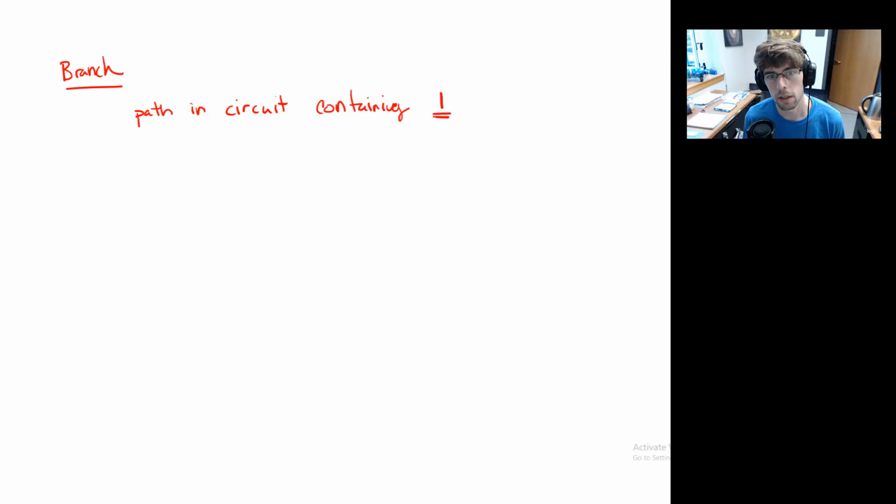Good. Second term is what we call a branch. And a branch is a path in a circuit containing one circuit element. And maybe I should be more specific. I'll say a path between two nodes containing one circuit element. So if I go back to our simplified drawing,